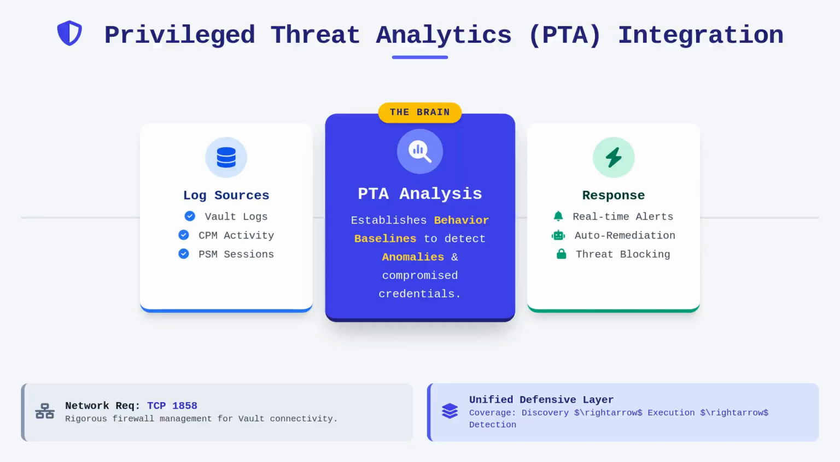Finally, we must integrate the Privileged Threat Analytics, or PTA, into our understanding of the architecture to complete the security picture. The PTA continuously monitors the activity logs generated by the Vault, CPM, and PSM, analyzing user behavior to detect anomalies that might indicate compromised credentials or malicious intent. By establishing a baseline of normal activity, it can trigger alerts or even initiate automated remediation workflows when it identifies